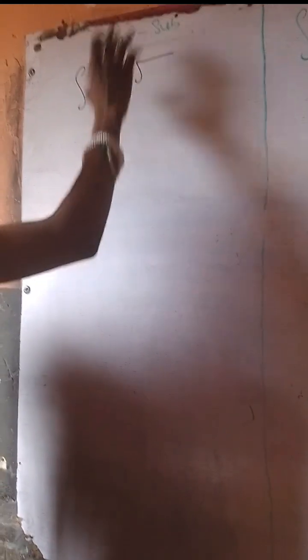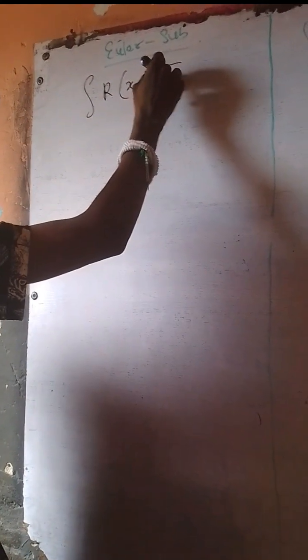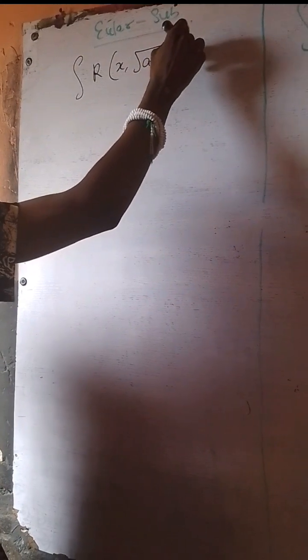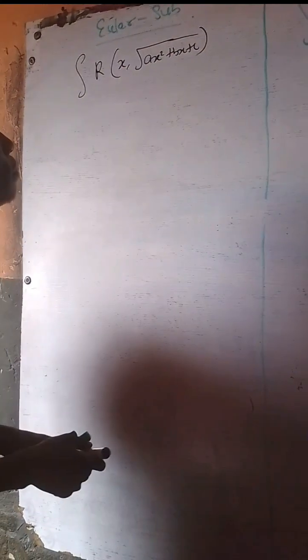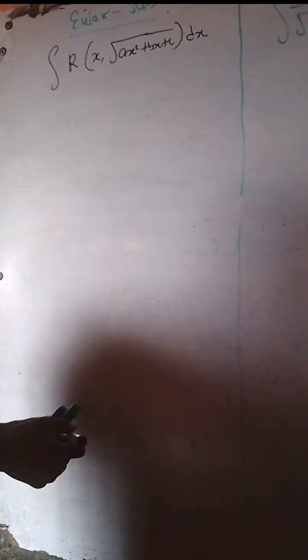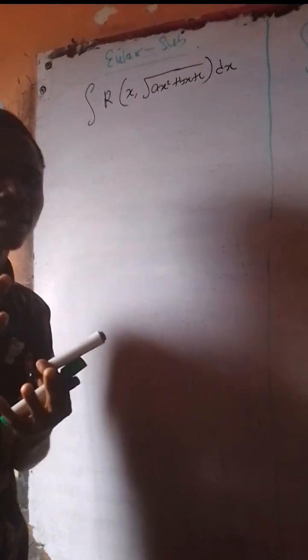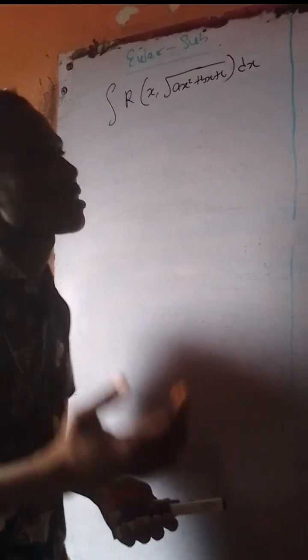and also giving you a particular value of x and also a quadratic function of ax squared plus bx plus c. Let me just put it that way. And we know our dx. So therefore, r being a rational function,